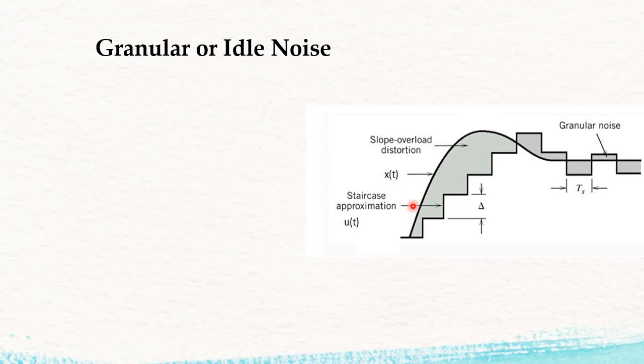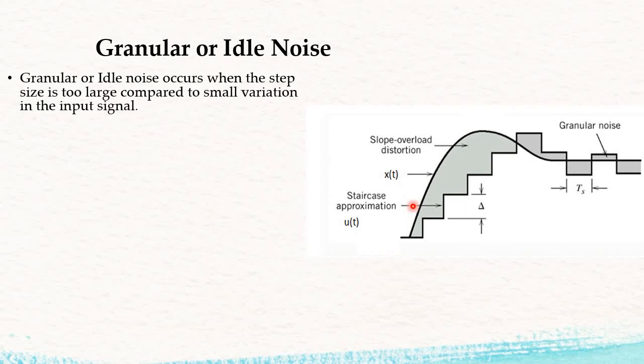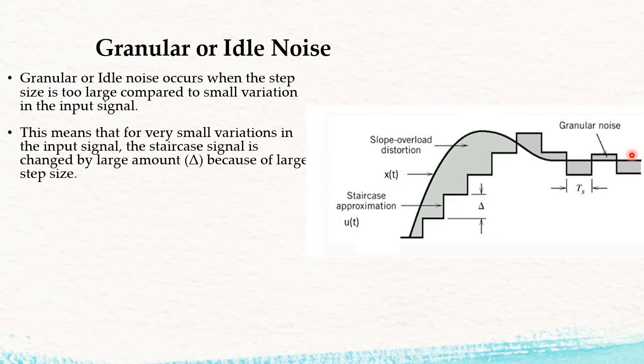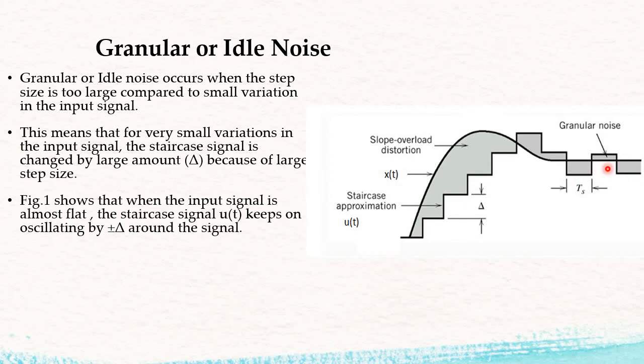Now the second is granular noise. Now what is the reason for the granular noise? The granular or idle noise occurs when the step size is too large compared to the small variation in the input. Now here if you observe, the input is somewhat constant but the step size is again fixed, so the step size in this case is very large as compared to the small variation in the input signal. This means that for a very small variation in the input signal, the staircase signal is changed by a large amount because of the large step size, and thus